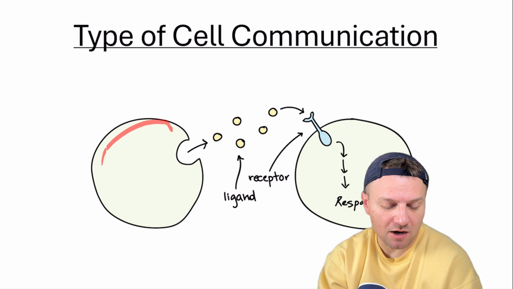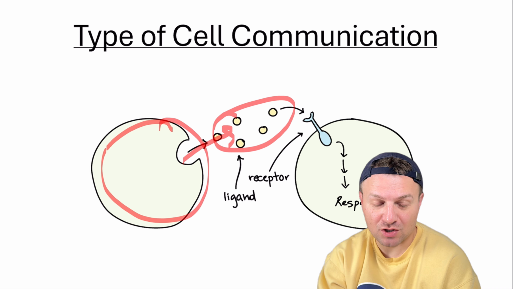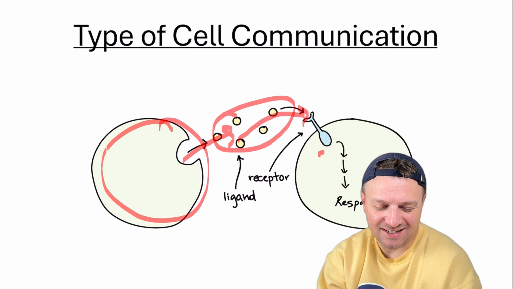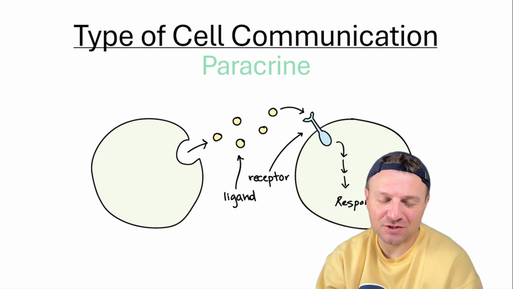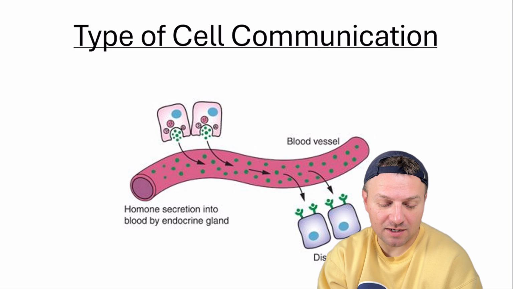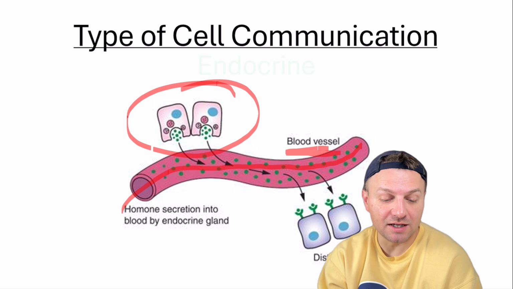Here's our first one. You can see our first cell here is producing the signaling molecules that's going to travel a short distance, attach to the receptor, and it's going to create some cellular response here. If you haven't guessed it yet, this one's called paracrine. Here's our next one, and I can instantly see blood vessels here. Anytime you have a cell producing a signaling molecule going through the blood vessels, this is going to be endocrine